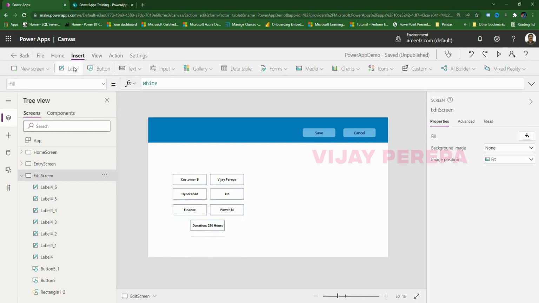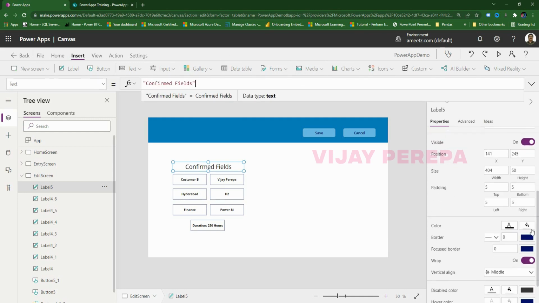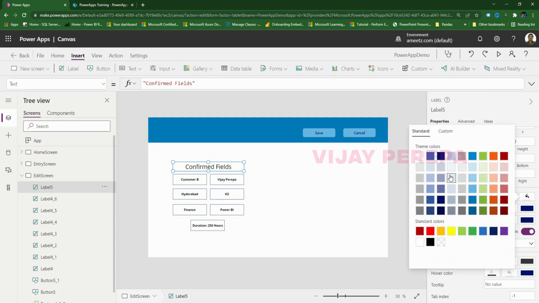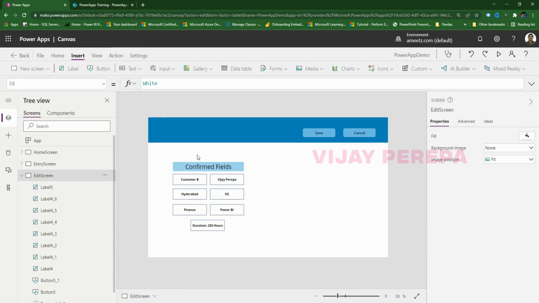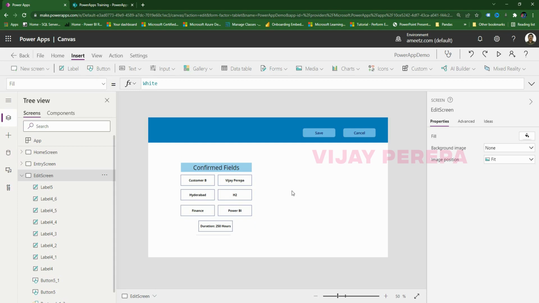Confirmed field, up to you how you want to make it. So I'll just put it like this, and I'll center it, increase the text size to 25, and I say confirmed fields, and I want to give a background. So the fill, maybe... I think it's good, and these are the confirmed fields, and I need to add 3 more fields, date picker